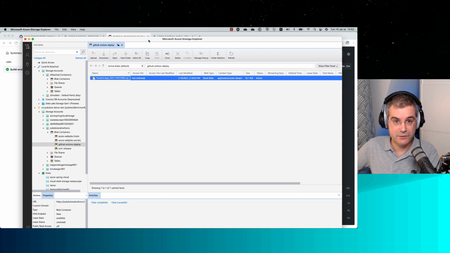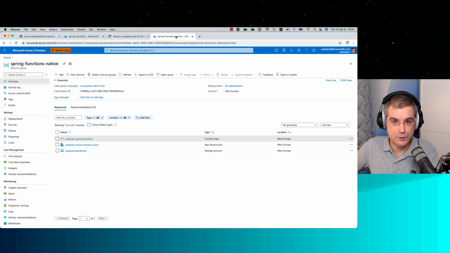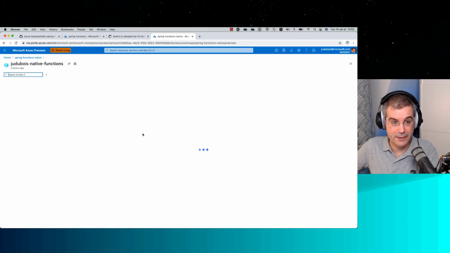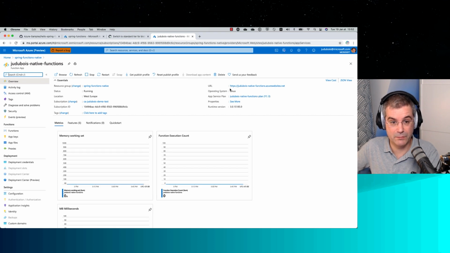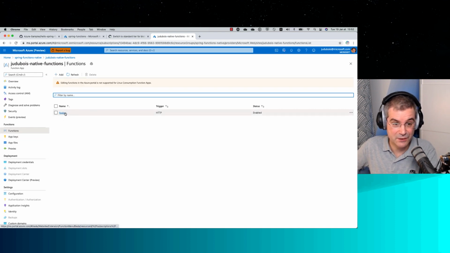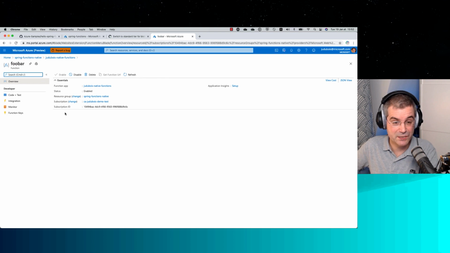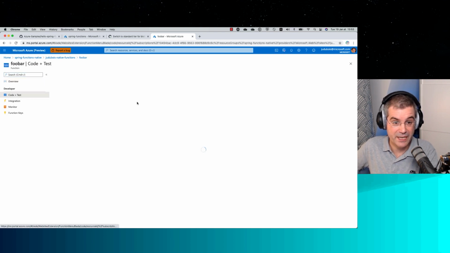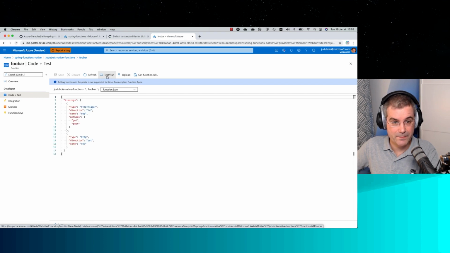Now let's have a look at how it works in production. Let me go to the Azure portal, and this time I'm in my Spring Functions native resource group. My function is here. Again, it's a Linux function, but without Java, without anything. This time, Azure will understand a lot less about it, just understanding that there's a native image that understands HTTP, and we can test it like we did before with Java.